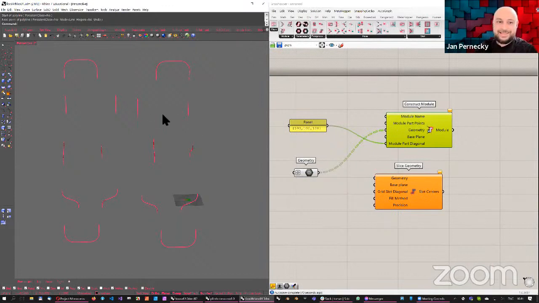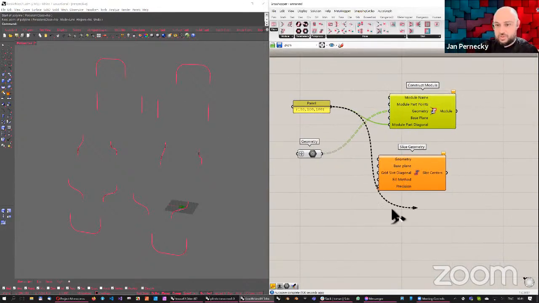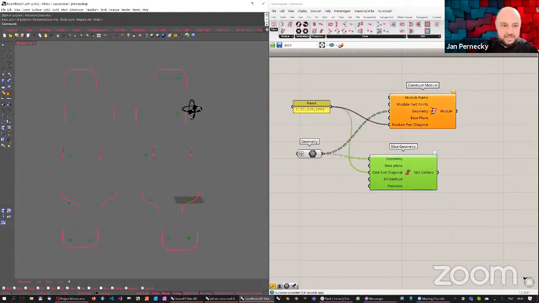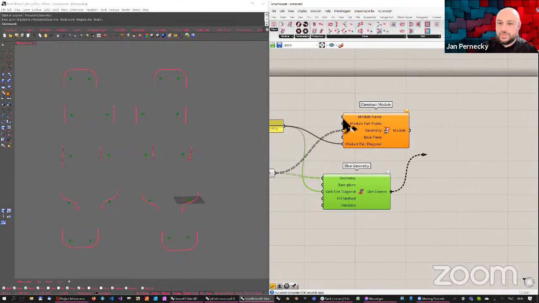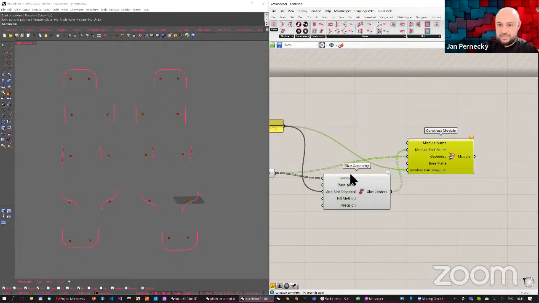Module part points, that's something that defines the cage. Because the geometry is independent from the module, you can define a cage that is smaller than the geometry and so on. This is quite important when you need to make connectors that are sticking out of the cage. So we need to define the points that define the basic cages. For simplicity, I'm just going to use the slice geometry, which is kind of a tricky component, but it gives us points like this, and I can use these points to actually define the center points of